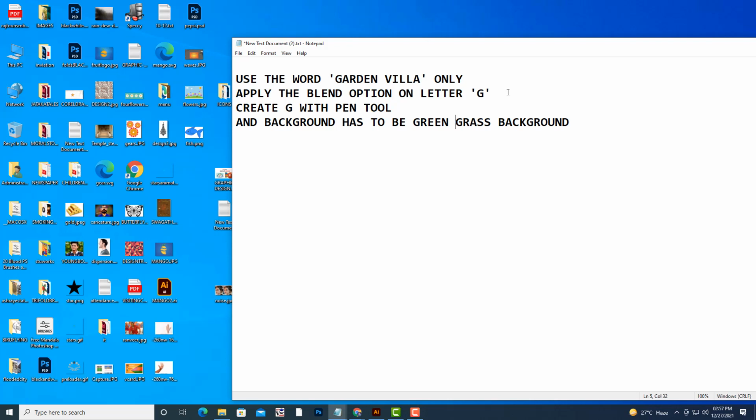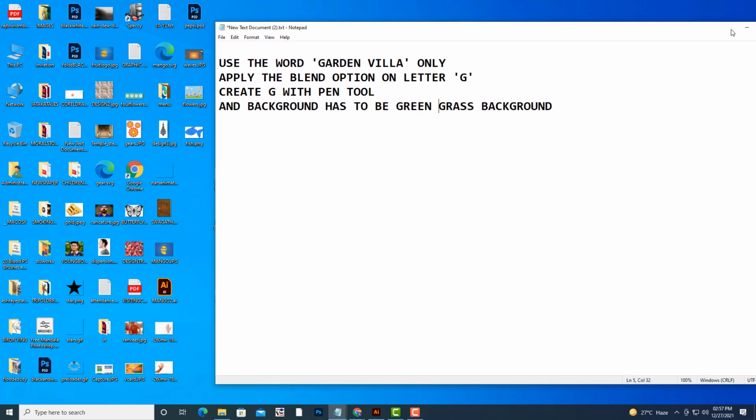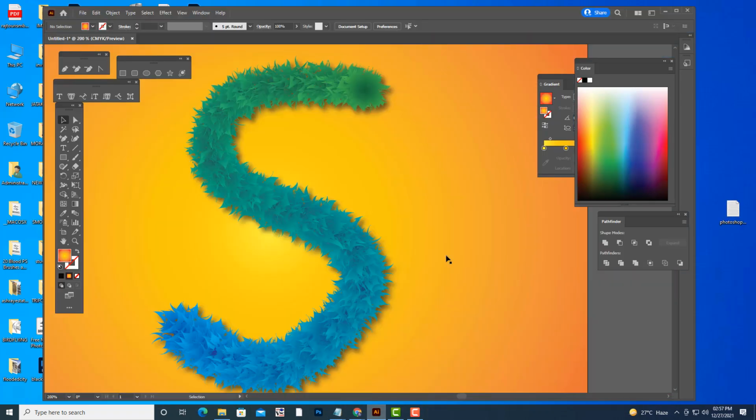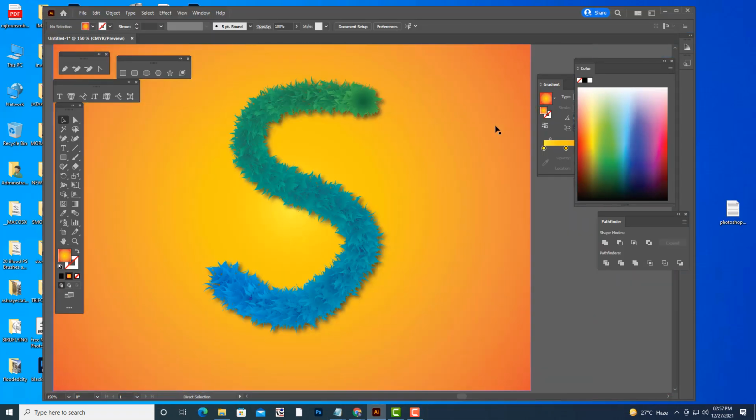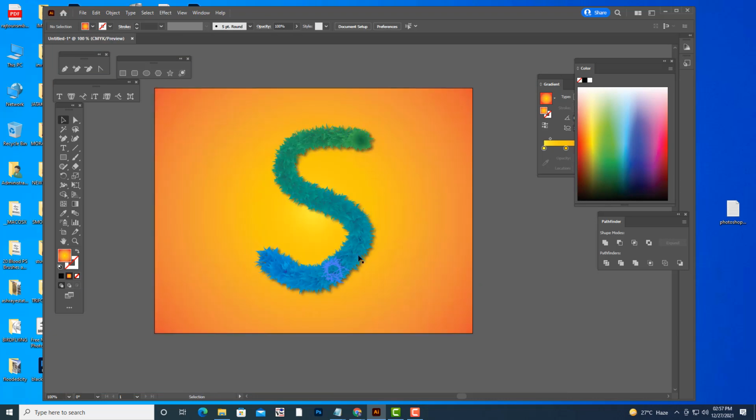Now we will be shortly starting the text. You have to put the text, and then use the same blend option, the roughen option, for this G, just like how we used it for S and M. Understood now? Go back to the screen with what we have created just now, the letter M and S. The same kind of G letter has to be created. You put G instead of S, but the remaining text you put in normal, using the type tool.